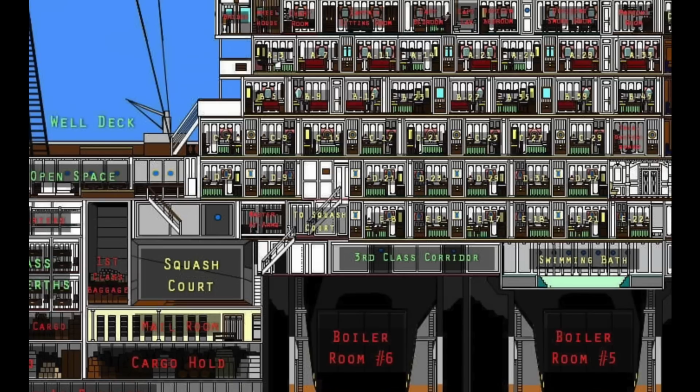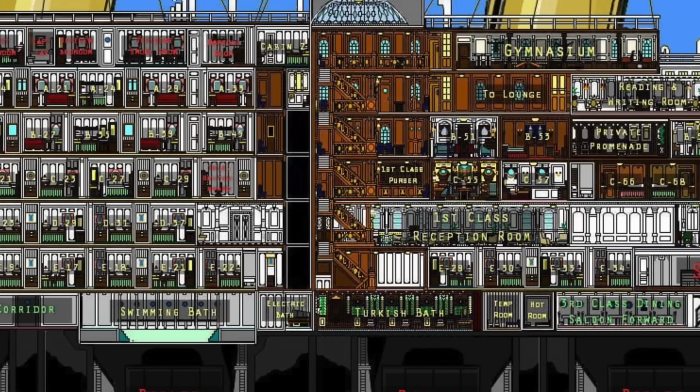The captain had his own writing room. He had his own bedroom. All that area is up there. You also do have a chart room, and then also other bedrooms for some of the higher-ups in the White Star Line crew. Moving on to the middle of the ship, you can see on the left side